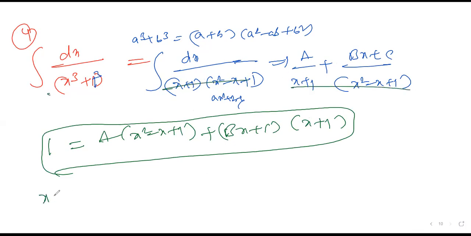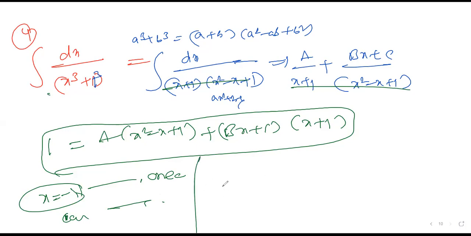This all is going to cancel after taking it out. Then, taking x equal to minus 1, you'll get one answer. After that you can compare the coefficients. You're going to get the other two values. I'll just give the answers now. Yes, sir. Okay. Then I'll say what answers you are expecting after taking it out. The value of a, if you do it very clearly, you'll get 1 by 3. Then the value of b is 1 by 2. The value of c is 3 by 2. This is what you are going to expect as the answers.